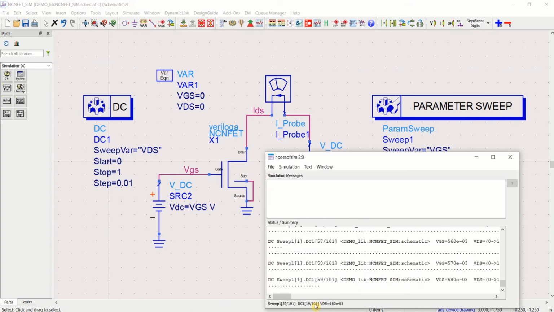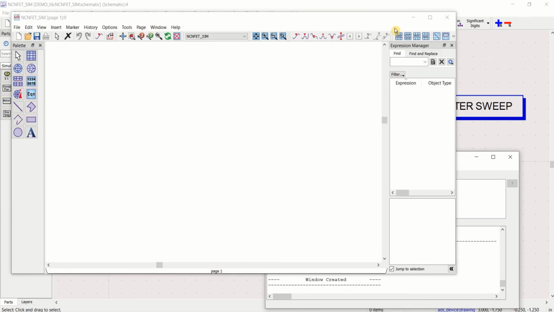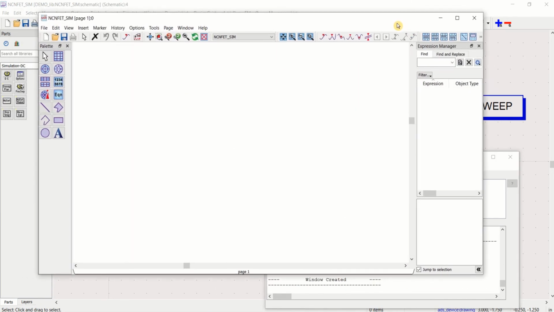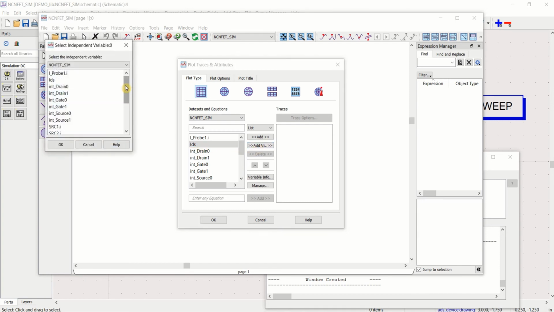So it is performing the DC simulation. If everything is okay, you will get this window. Select this rectangular plot. You need to plot IDS. Select the IDS. Click on add versus. I want to do it for VGS.